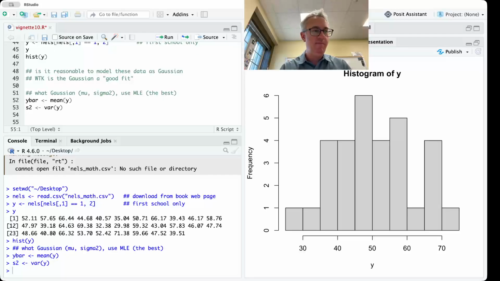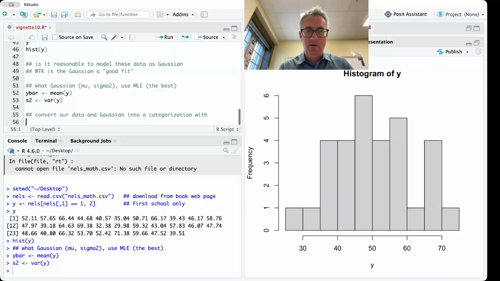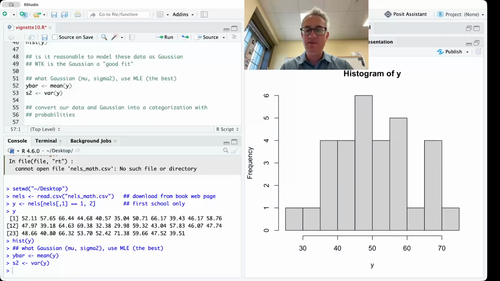Now we need to convert our data and our Gaussian into a classification, or a categorization, I guess, probably better, with probabilities. Okay, so this is where it's a bit of an art. You have to make some choices how you're going to divvy things up. For this example, I'm going to divvy things into 10 categories. If you do too few or too many, there can be some hazards,